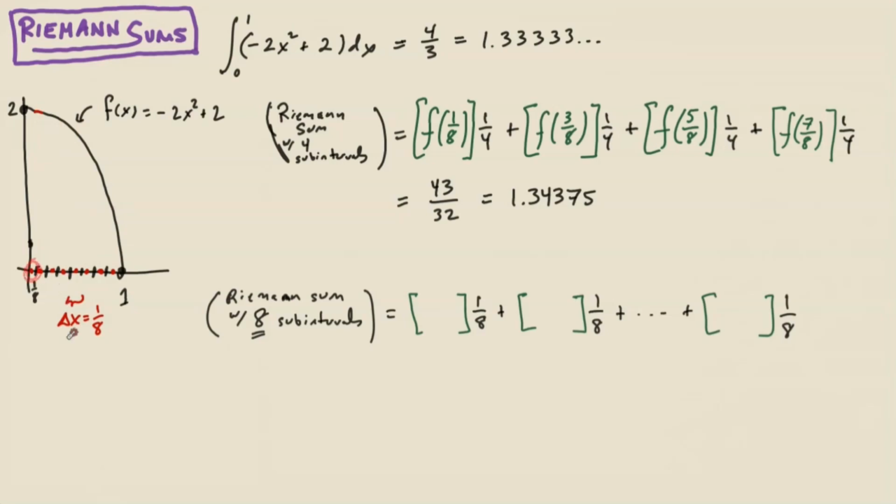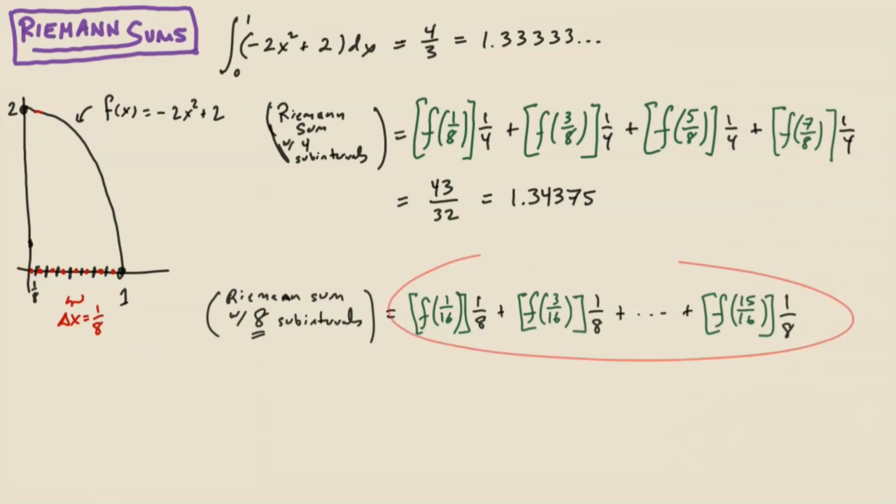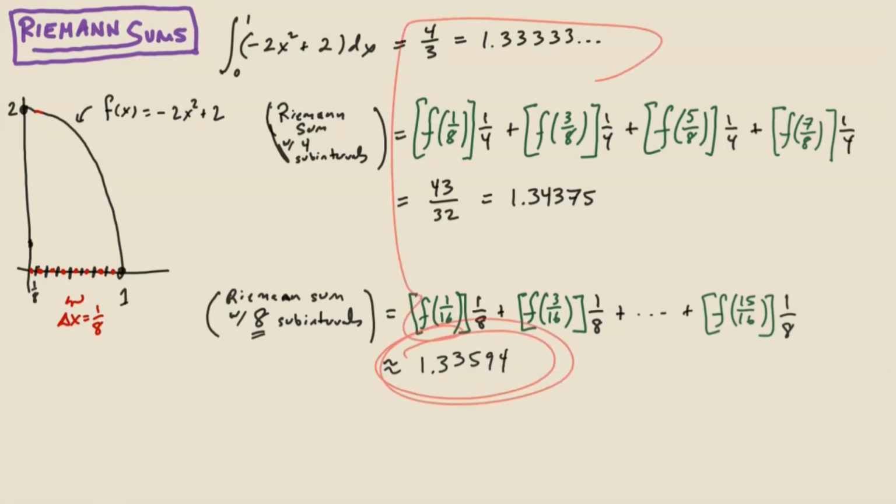So the first one here would be at 1/16. So the weight there would be f of 1/16. The next one would be f of 3/16, and on all the way down to the last one, which would be f of 15/16, evaluated at that test point right there, halfway between 14/16 and 16/16. That is 1. There are 8 terms here, one for each of the 8 subintervals, and if you do all the awful arithmetic, you end up with approximately 1.33594. And as we can see, that is even closer to the mark than our Riemann sum with only 4